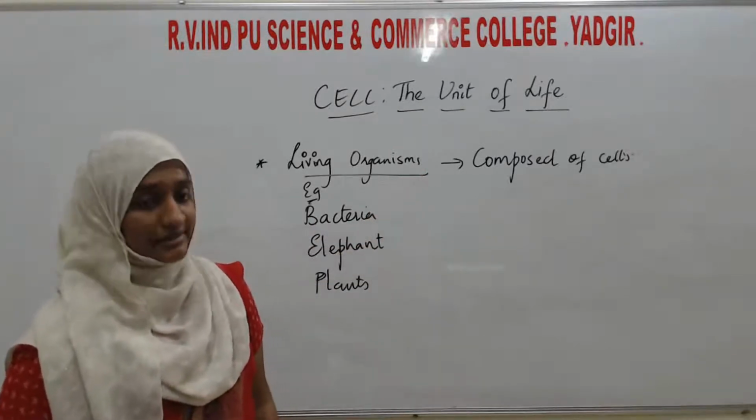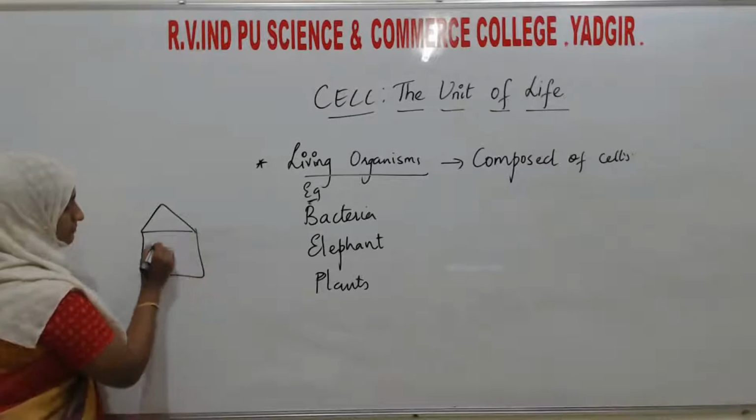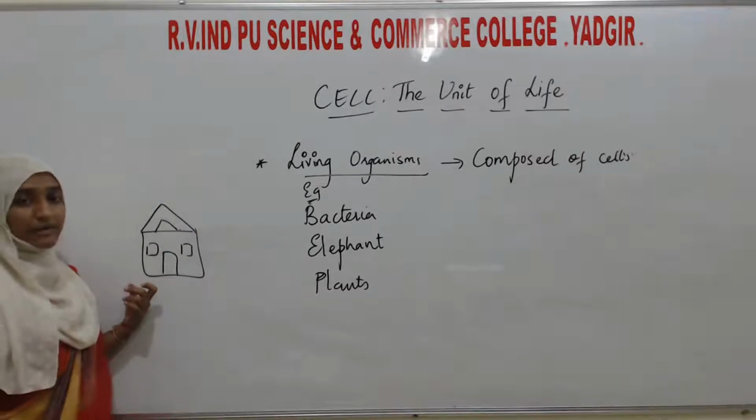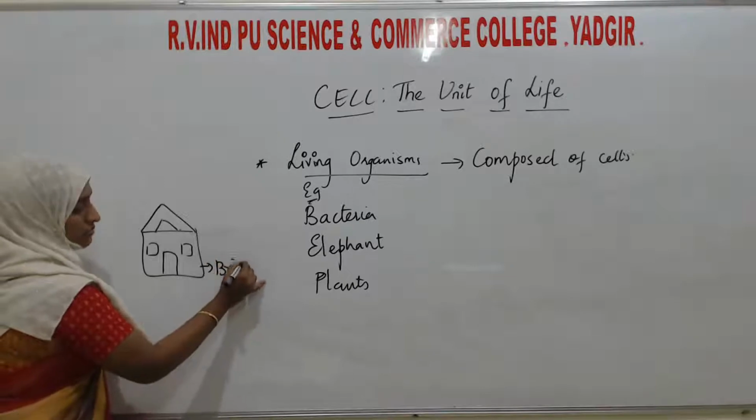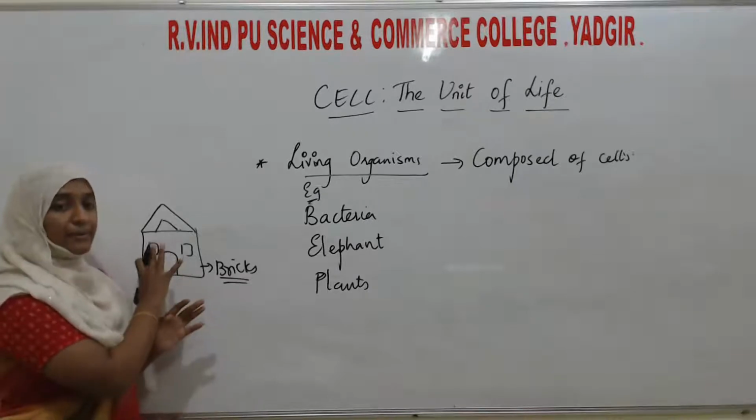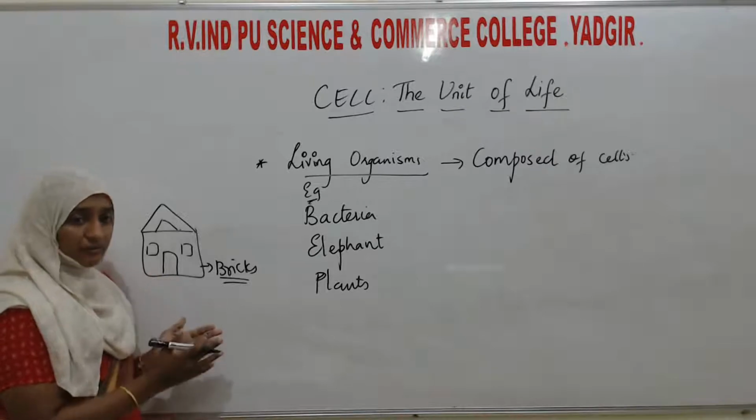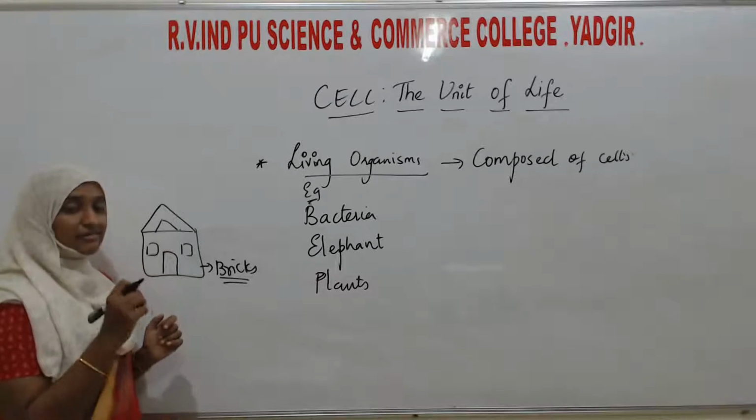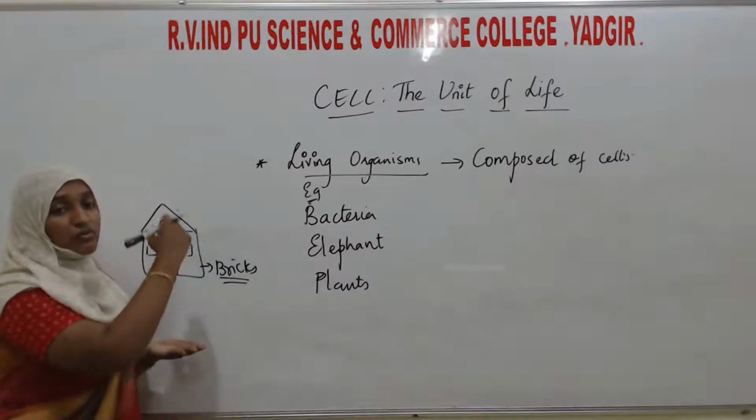Cells. What are cells? I will give you one example. This is a house. For constructing this house, what do we require? The main component we require is the bricks. To complete a house, we require the main component, that is the bricks. Besides that, we require the cement, water, and whatever is needed to paste the bricks one by one